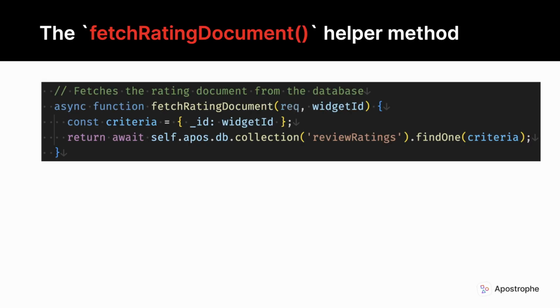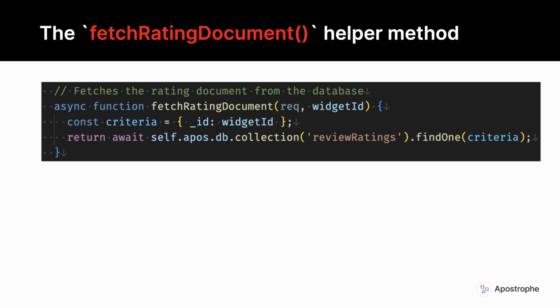The fetch rating document method makes a simple database query. First, we set the criteria variable to an object with a key of _id set to the widget ID. Every MongoDB record needs a unique _id property. It is normally set automatically by MongoDB when you create a record, but we're going to create a record for every rating widget added and use their unique ID as the record ID. To find the desired record, we will specify the collection where we will be saving our rating documents, review ratings. To specify this collection, we are using